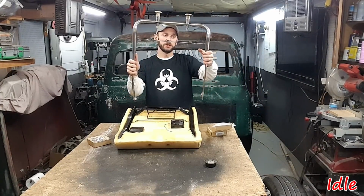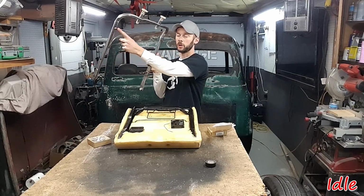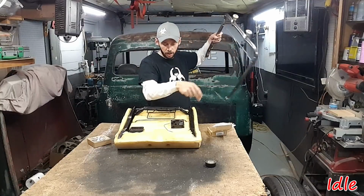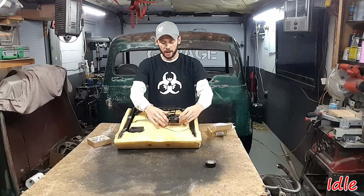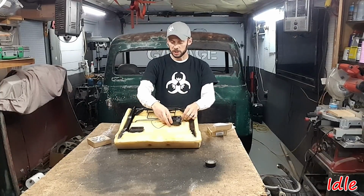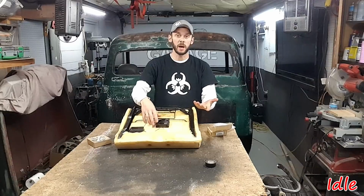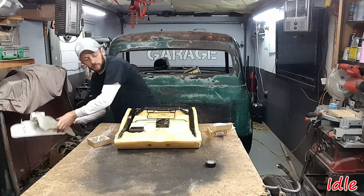utilizing the rest of this other seat frame, it's got one of these crossbars as well. So we will cut that off and weld that to the new framework, and then that'll have 2 crossbars to mount the fans. Weld some little tabs on there and fans will be mounted. That's good with that. The only problem that I see